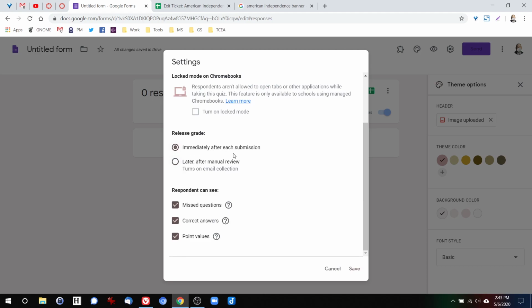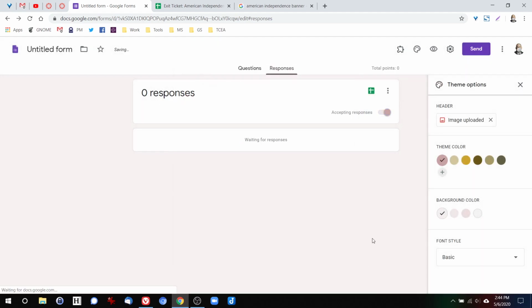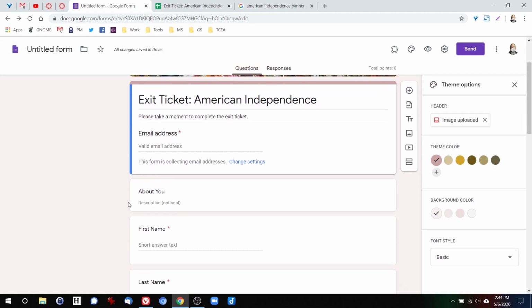Notice it'll tell kids immediately after each submission or later after manual reviews. Some teachers opt for the manual review. Other people want them to know how many correct answers they got, etc. So if I click here, it'll tell me which questions were answered incorrectly. You just have to remember that smart kids may pass those answers on to others if this is a really involved quiz. So usually a lot of people just turn on manual review and they turn this stuff off. Does that make sense? So when I click on save,